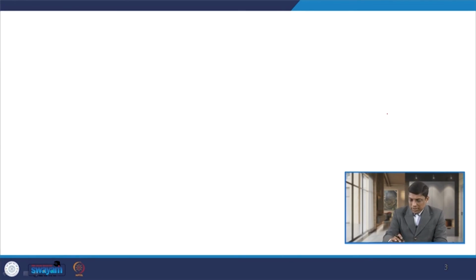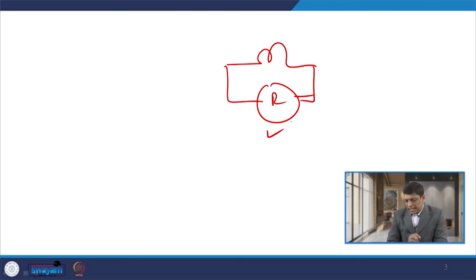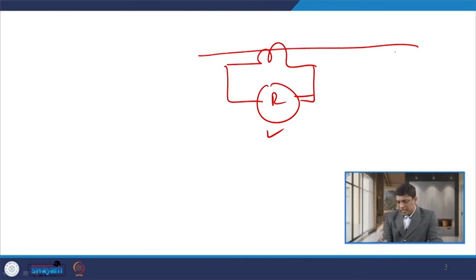Now we know that whenever I connect any relay across the CT secondary, this relay has to operate only and only when a fault occurs on the line, right. Say this CT is connected, and if any fault occurs on this feeder or line, then this relay has to operate. But we do not know at what instant a fault occurs. Sometimes a fault may occur maybe twice or thrice in a year, or sometimes it may not occur for maybe 2 years. So, this relay has to operate only in case of fault. So, periodically we have to carry out testing of this relay. The normal practice is to carry out the testing twice in a month.